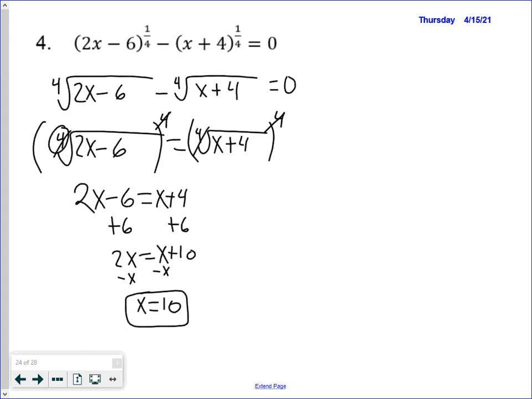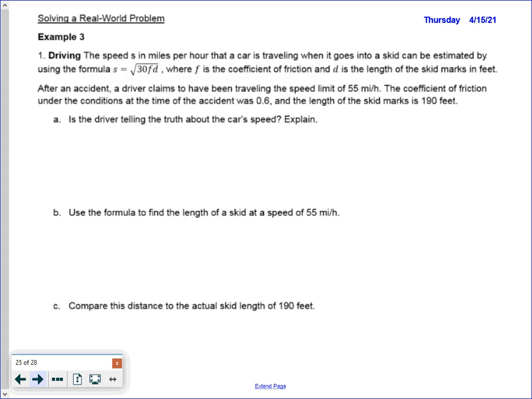All right, so let's keep on going. We have a couple of word problems to go through. So for number 1, we're told the speed s in miles per hour that a car is traveling. So right there from the beginning, we're told that s stands for speed. So the speed in miles per hour that a car is traveling when it goes into a skid can be